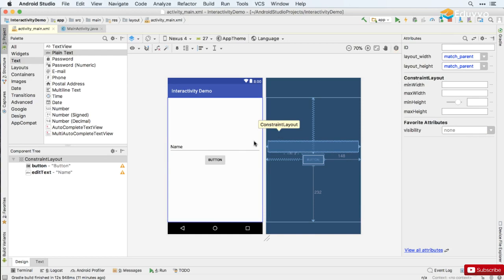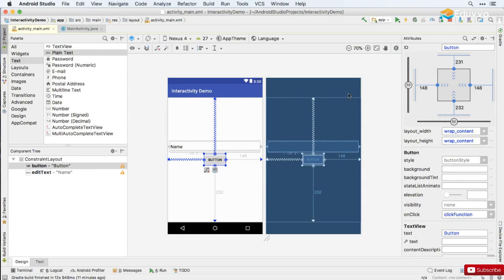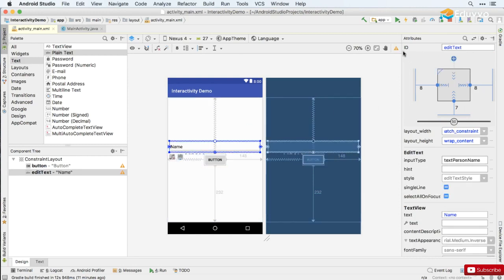And we're going to need to be able to refer to this UI element in our code to know what its value is. So we're going to look at, for the first time, the ID attribute. And each element here has an ID. If we look at the button, that ID is just button. And the ID of the text field here is EditText, which is the name that we use for a text field in Android development. So just to customize that a little bit, we're taking the name of the person here. So I'm going to call this name